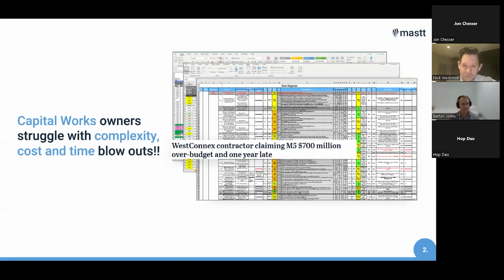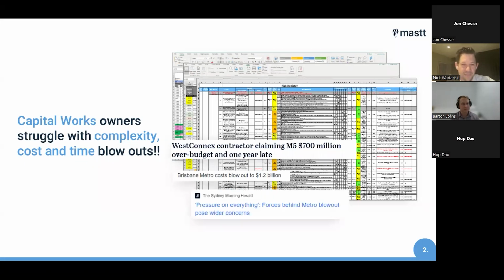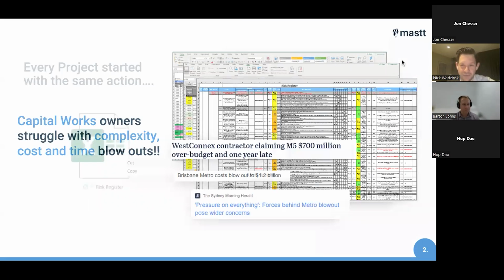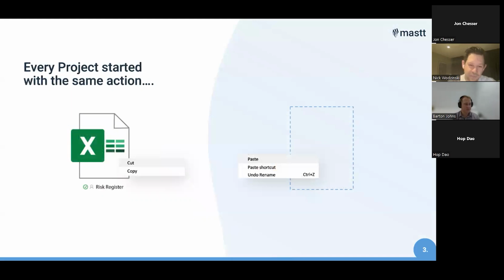You see a lot of these types of risk registers that I've got on the screen. That's something that we've been observing with our clients who we help manage schedule or program and cost, as well as risk, that they were using these spreadsheets to manage risk in this way. And also, when we dug a little bit deeper into that, we found this very common first step, which was